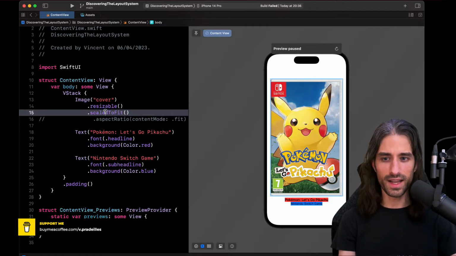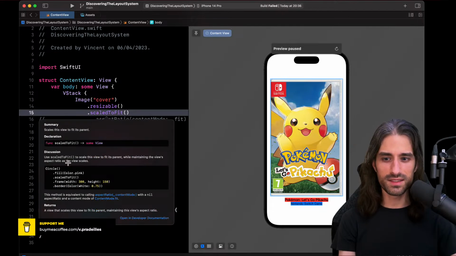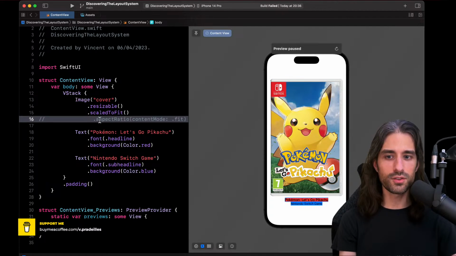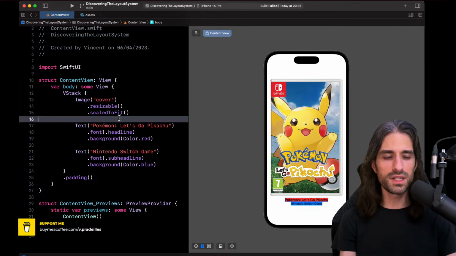And when you take a look at what the doc says about it, it says that this method is equivalent to calling aspectRatio with a nil aspect ratio and the content mode fit. So basically, calling scaledToFit is the same thing as calling aspectRatio contentMode fit, except that it's a more condensed syntax. So you can actually use that one. It's a nice little shortcut that is built into SwiftUI.